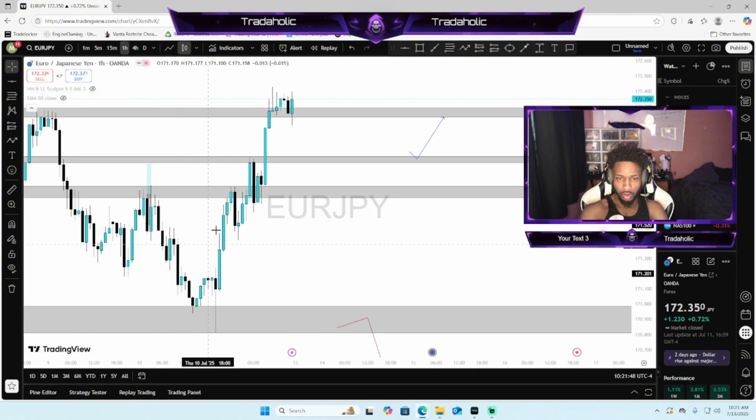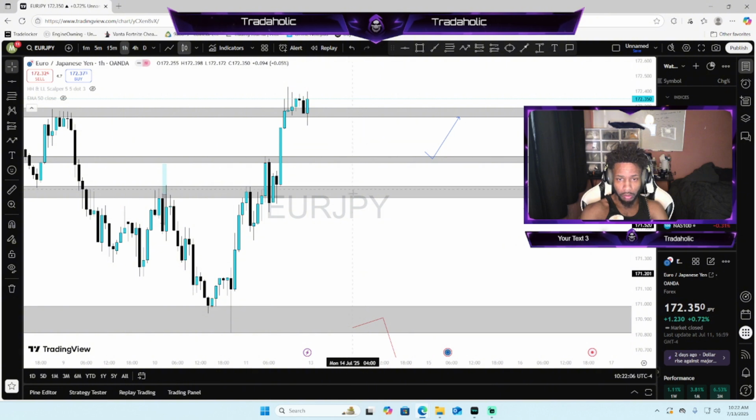Looking on our 1 hour time frame, we are aggressively bullish as well. We had this break and retest and a continuation, but we have an aggressive breakout above this high here. This price never pulled back after this aggressive push. So I'll be waiting for a retest back into this area for a trend continuation buys.